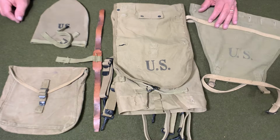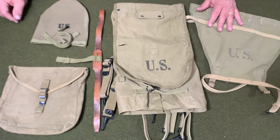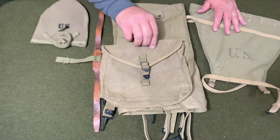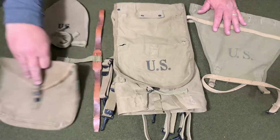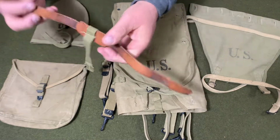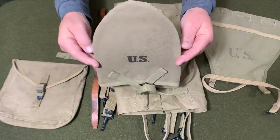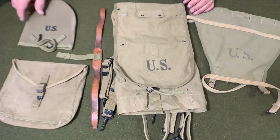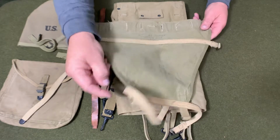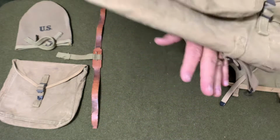Today I want to show you how to assemble the M-1928 Haversack pack system. There's basically 5 components to it. You've got a meat can pouch. You have this leather strap right here. You got to have an M-1910 type e-tool carrier. I suppose you could use a different type. Of course, you got to have the Haversack. That goes without saying. And you got to have the pack tail carrier right here. So what I like to do is start with